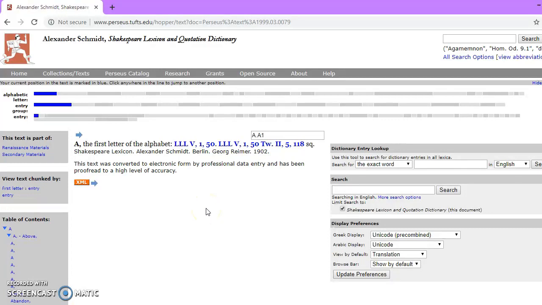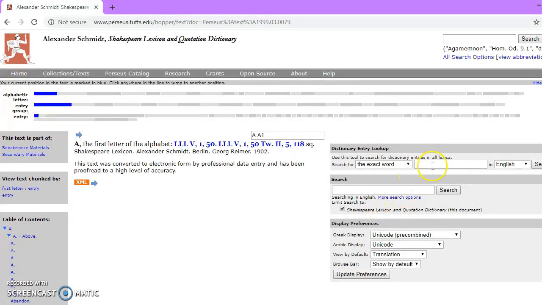The website is a little bit outdated to me and has a few things that don't really help the site users, I guess. The first thing is, if you look over here, these little boxes, you would think that this is where you would search for it, which is true, you can search for it here, but I don't recommend it because these searches search not only through the Shakespeare lexicon. They have tons of collections of texts, and you can see right here on this website. So this searches all of those, and we don't want to search all of those. We just want Shakespeare's lexicon. So you don't really want to use these here.